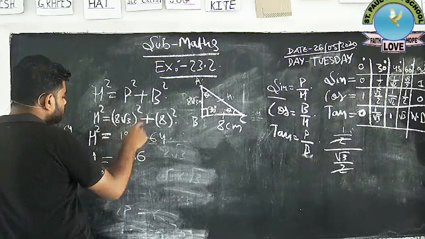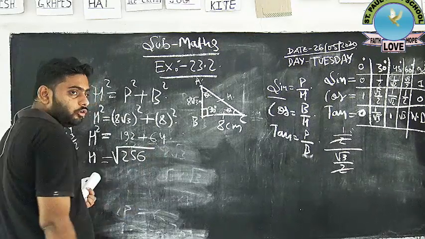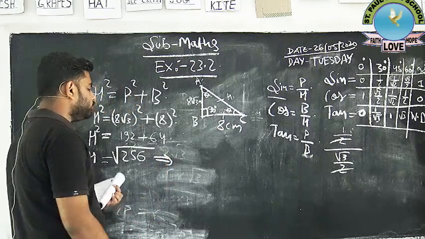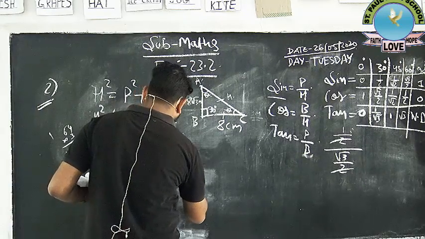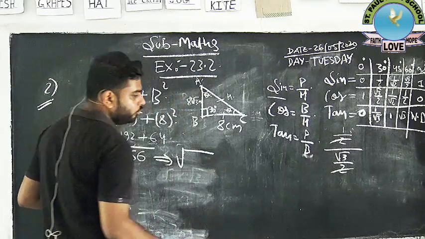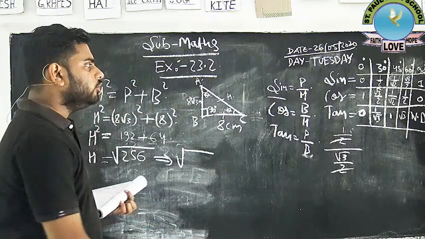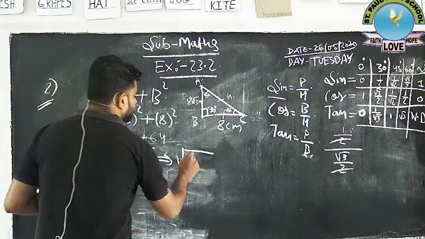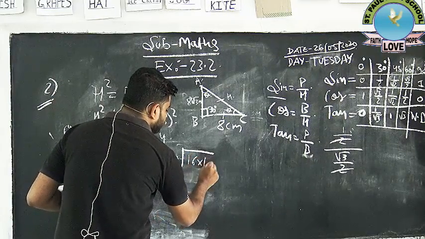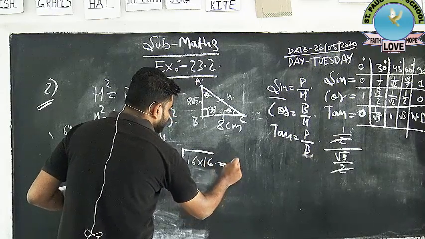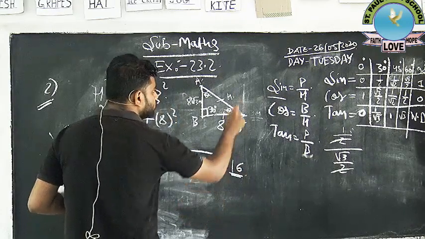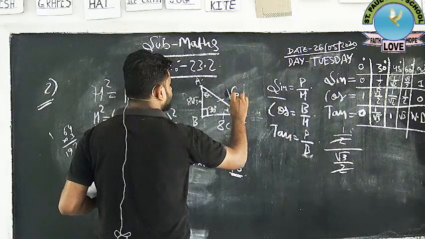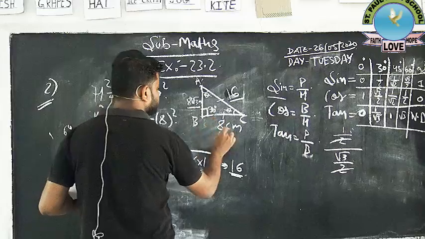So we have to remove this square and this will turn out to be a root over, and after this we can find out the square root. I know this square root. If you don't know, then you can do it by prime factorization also. You can do it by the division method also. Just find out the square root of 256. The answer is 16 basically, 16 into 16. So my h is basically 16. So we will not write h here anymore. We know the value, that is 16. Okay.